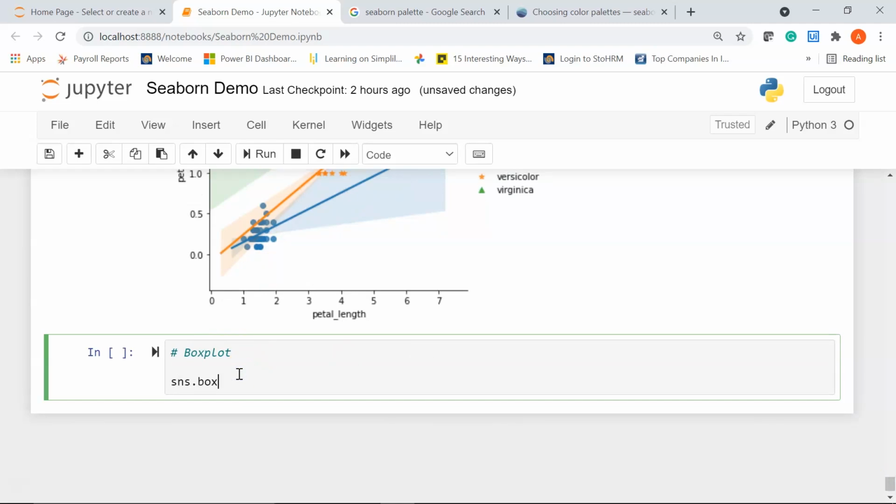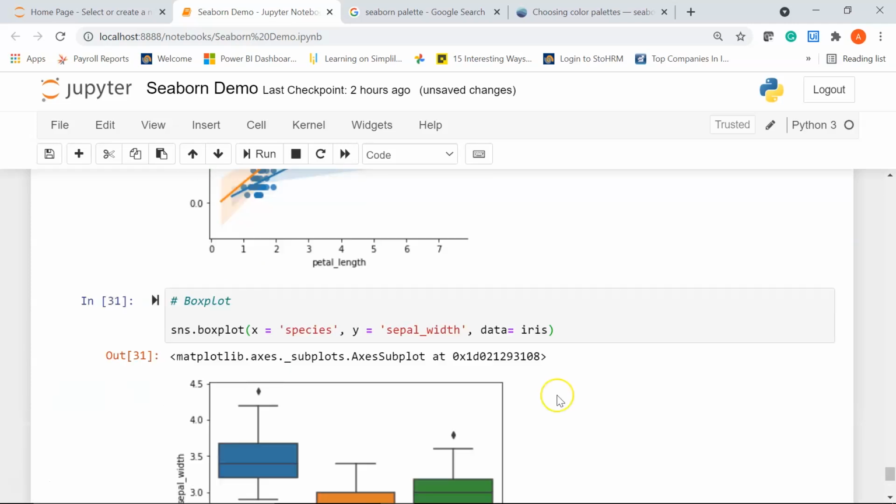I'll say sns.boxplot. In the x-axis we'll have the species column. In the y-axis we'll have sepal width. Then I'll pass my data as iris.